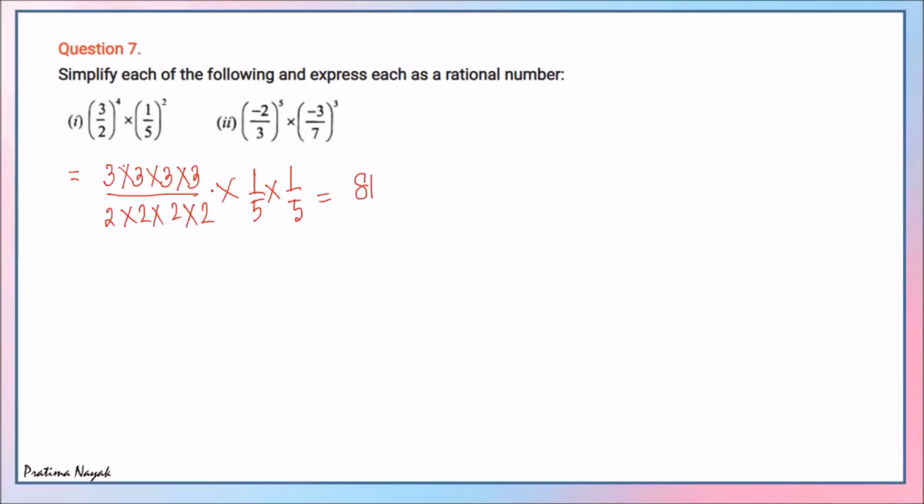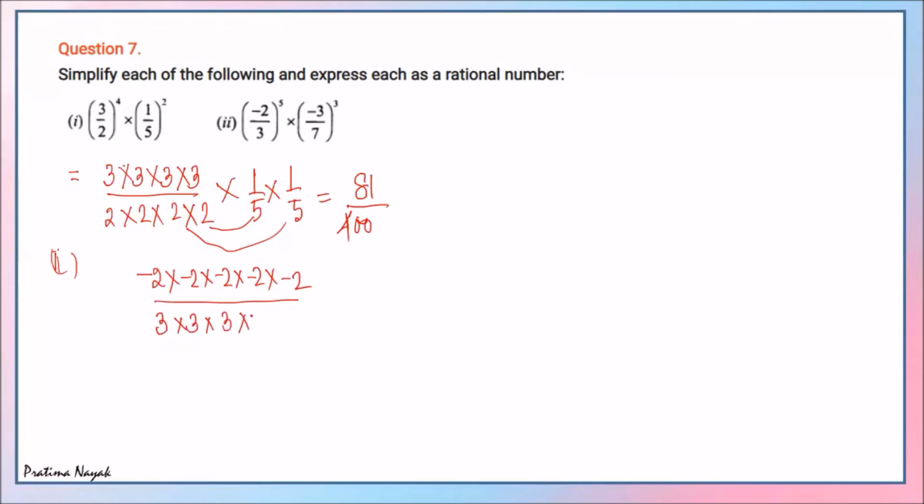By this time you must have remembered this. And here how to multiply? 5 times 10 is 50, 5 times 10, 100, and 2 to the 4. You will group it and you will get the multiplication easily. Take one 5 to 10, another 5 to 10, and 4 remains, so 400. And the second part, minus 2, how many times will I multiply? 5 times. And 3 I will multiply again 5 times.